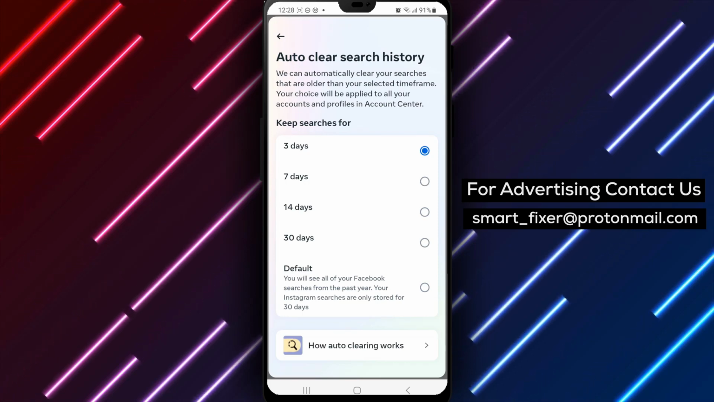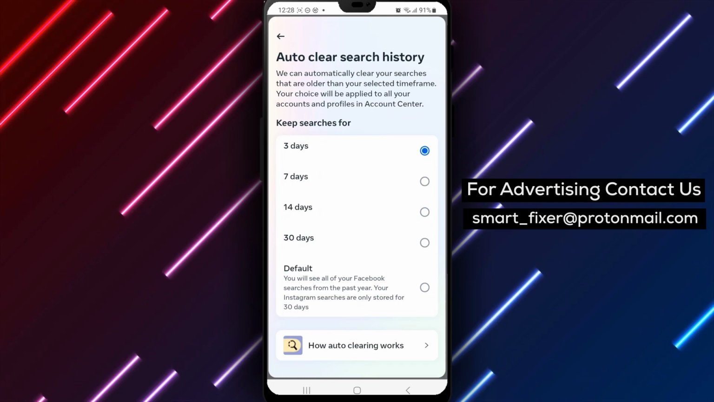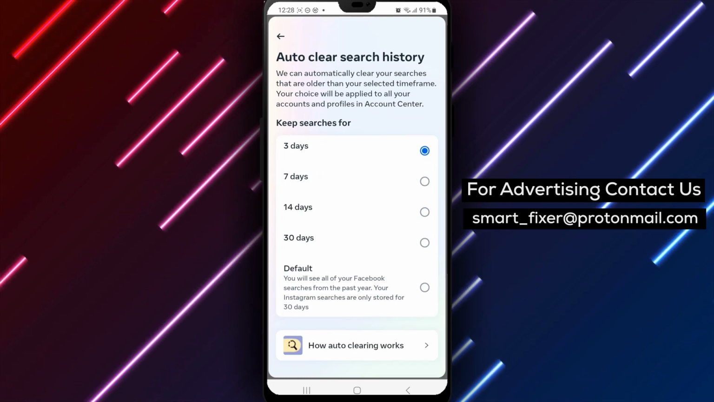By following these steps, you can ensure your Facebook search history is regularly cleared, helping to maintain your privacy and